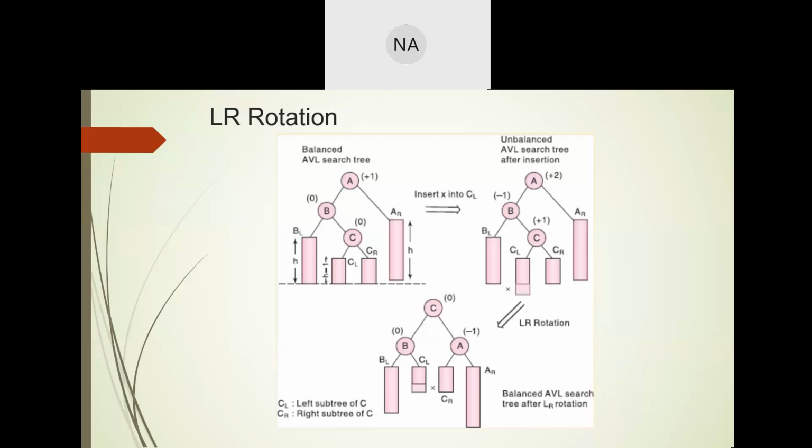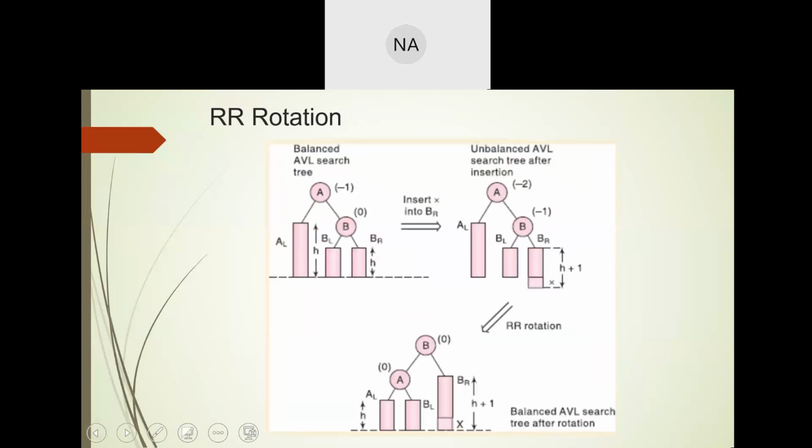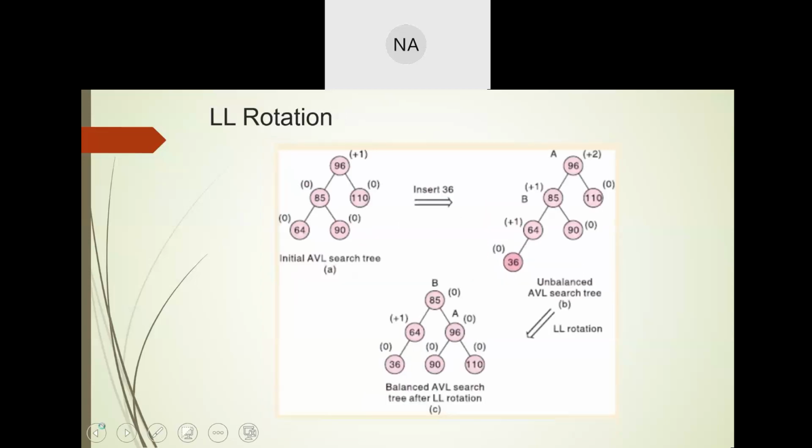Okay, so we were discussing the insertion and deletion algorithms in AVL trees. AVL trees are balanced binary search trees, which can be used as a search tree, but the heights of both the left and right subtrees of each node are balanced. And to keep the AVL tree balanced, we perform rotations, and in fact, four kinds of rotations can be performed: